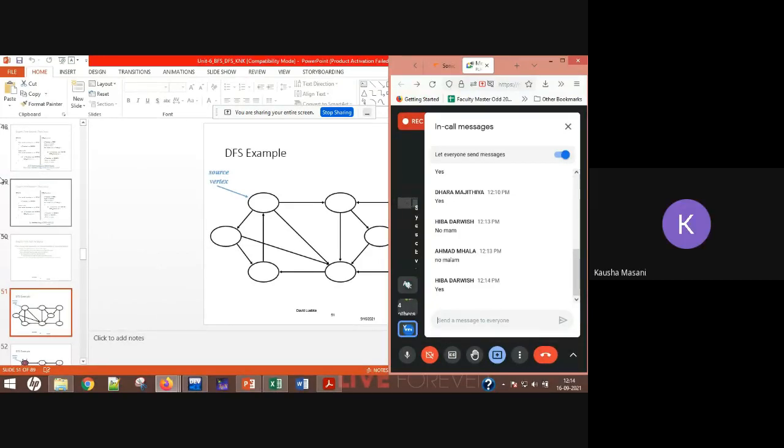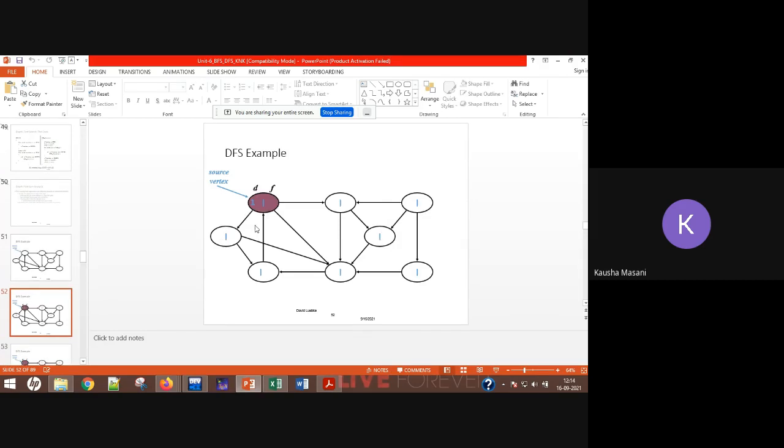So, we start with one source vertex, then we see all the vertices connected from there. Whichever are visited, we mark with some color, and non-visited ones we mark with a different color. So like this we are going, following the arrow.